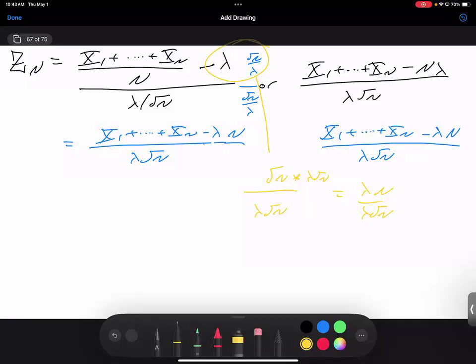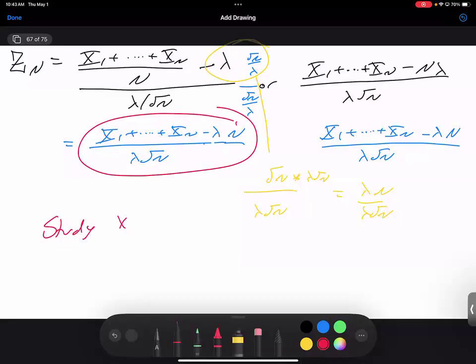So I can either calculate it by looking at the sample mean, subtract off lambda and divide by the standard deviation of the sample mean, or I could just look at the sum of the x's, subtract off its mean and divide by that standard deviation. Both of them are going to give me the same quantity. Either way I look at it, I need to understand this sum. So we have to study x1 plus xn over lambda square root of n minus, the lambdas cancel and it would just be minus square root of n.